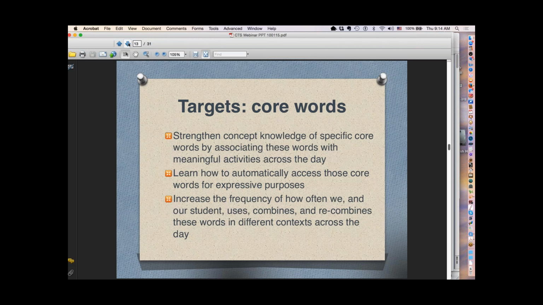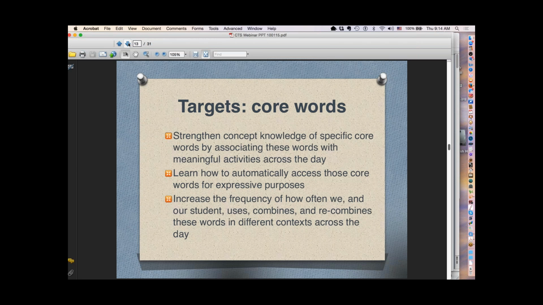Again, this is a little bit of repetition, but what we're trying to do here is really cover ground in a few different ways. We're trying to strengthen the concept knowledge that our kids have of these specific words by making them really meaningful, associating these